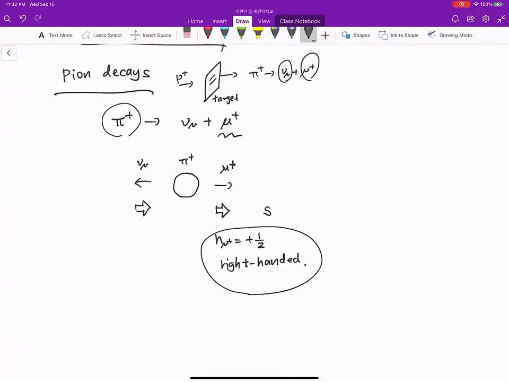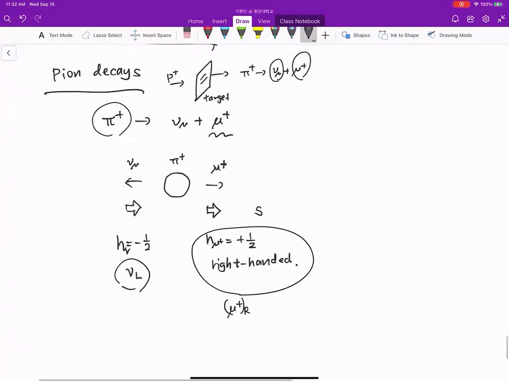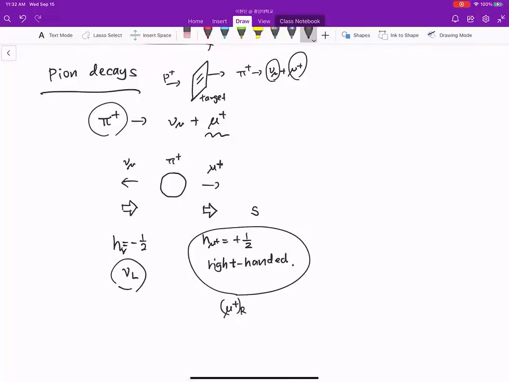And in the case of the neutrino, the helicity is minus 1/2. So this neutrino is left-handed, and this anti-muon is right-handed. But if you take the charge conjugation,